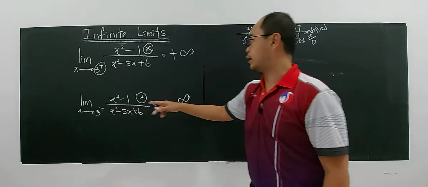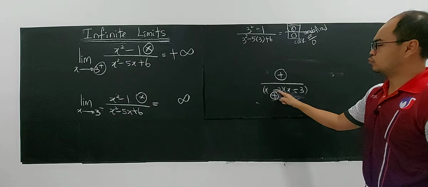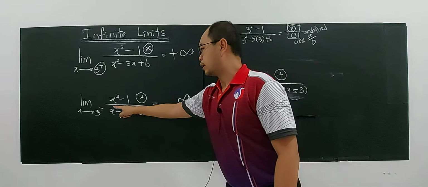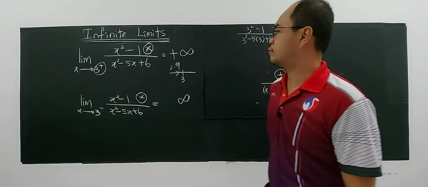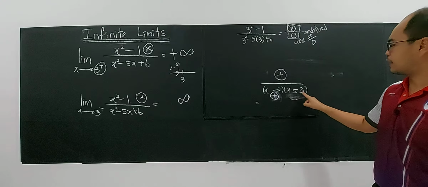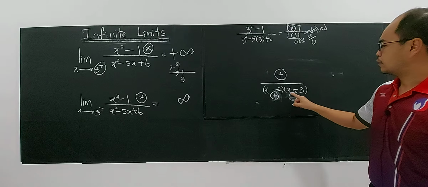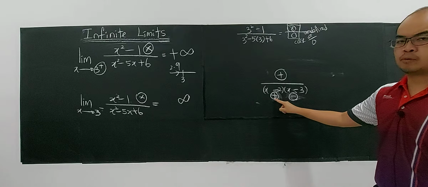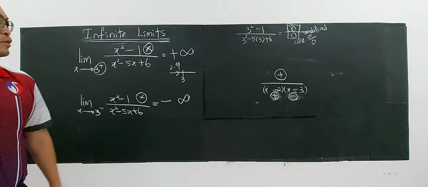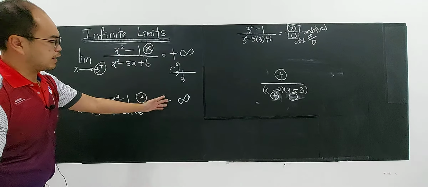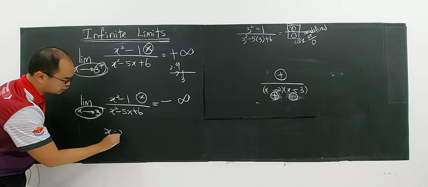For example, don't choose 2, as 2 is also one of the asymptotes. 2 minus 2 is 0, so I don't choose 2. Less than 3, from the left. So you can choose 2.9. So 2.9 minus 3, a smaller number minus a bigger number, you're getting negative, right? Positive, positive, positive, positive, negative. You're getting negative infinity. So it goes to negative infinity. So that means 3 minus, 3 plus, so x equals 3 is a